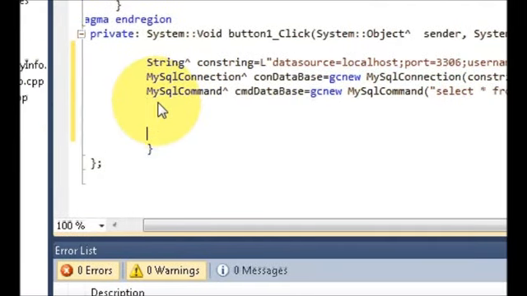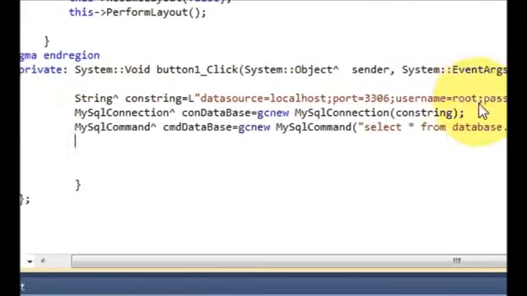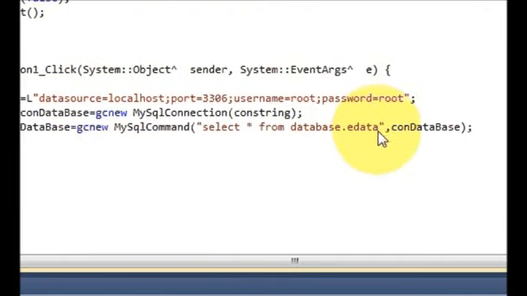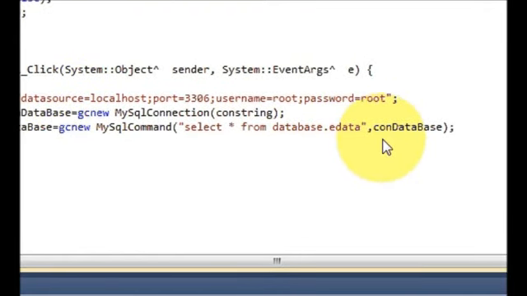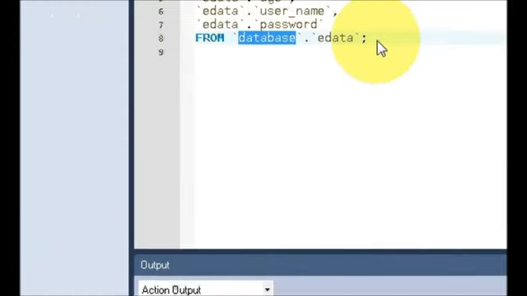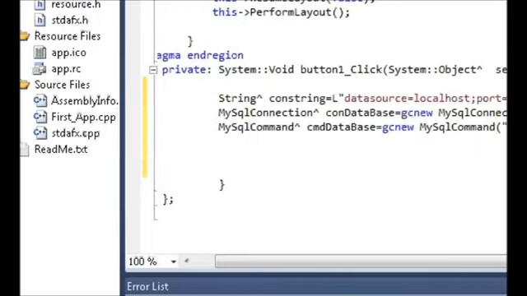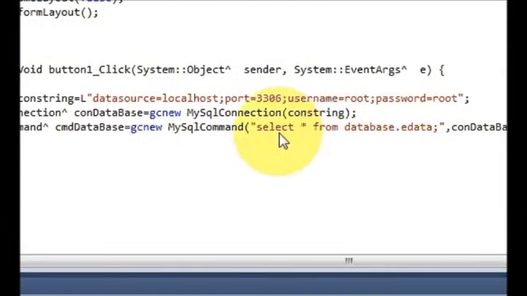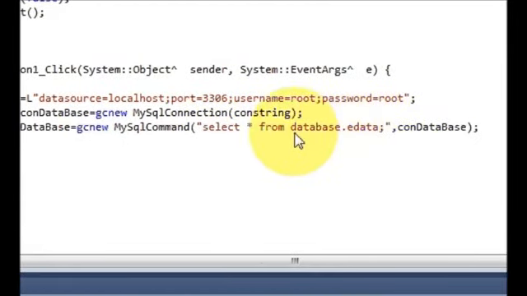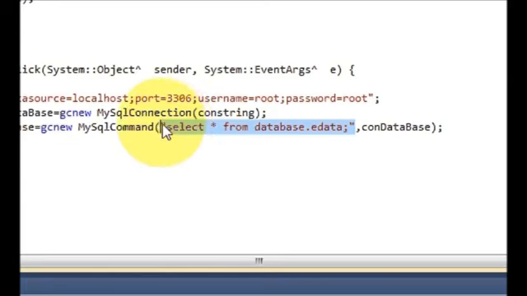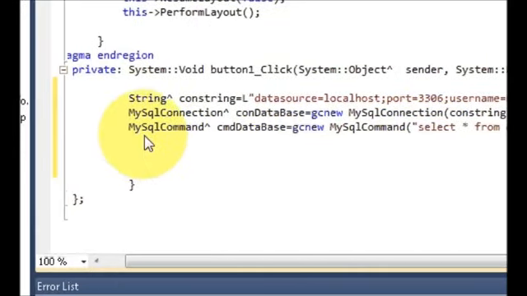Now in the next line, and yeah, don't forget to write this semicolon, because when you go here you can see this semicolon is there when you execute the query, so you need to write the semicolon here also. Select star from database, and this is all in double quotes. Okay, and in the next line